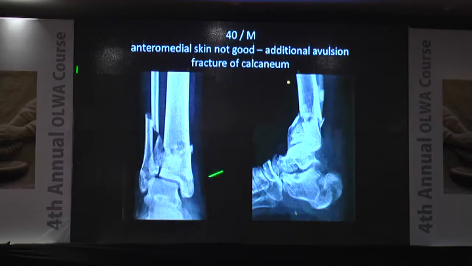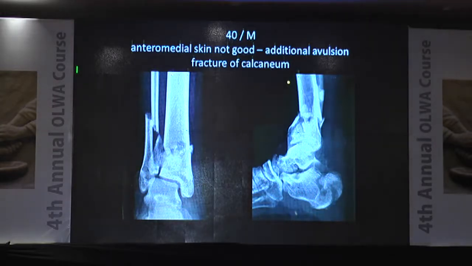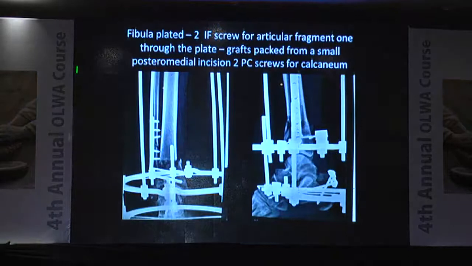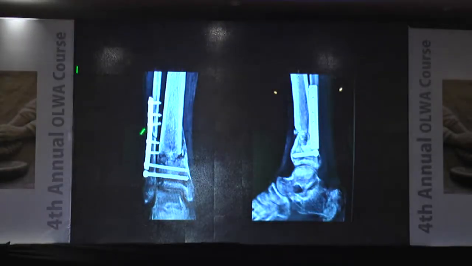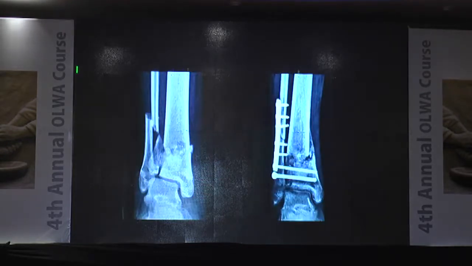Now this is also another case. You have got a simple articular fracture, you have got a comminuted metaphyseal fracture, you've got a fibular fracture, and you also have an additional avulsion fracture of the calcaneum. The anteromedial skin is not good, so the plan was to put interfrac screws into this, fix the fibula, pack this with bone grafts, and do an Ilizarov fixation. And you see, in 3 months again, everything has healed very well. So this is where we started, and this is where we landed up after 3 months.